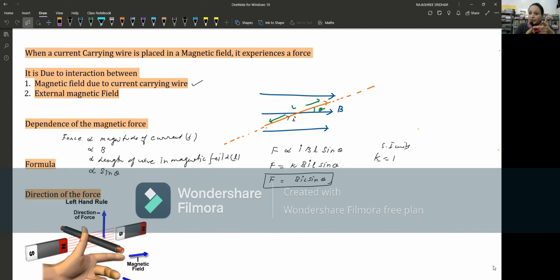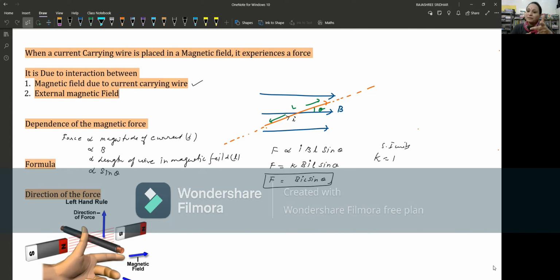And that is the middle finger representing the current. Index finger will be representing the direction of the magnetic field. And the force will be experienced by the thumb, right? So the force will be experienced by the thumb. Current is the middle finger, the index finger represents the direction of the magnetic field, and force is represented by